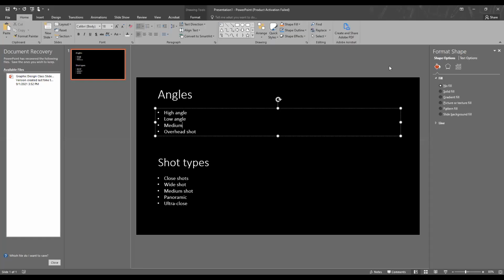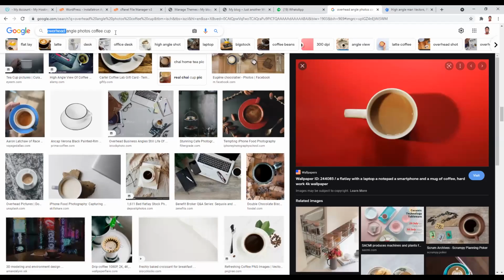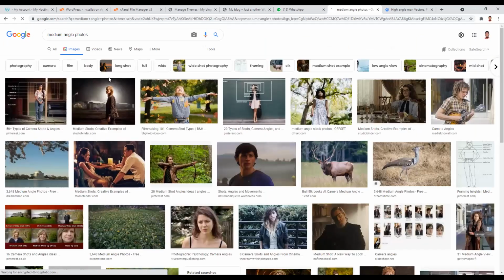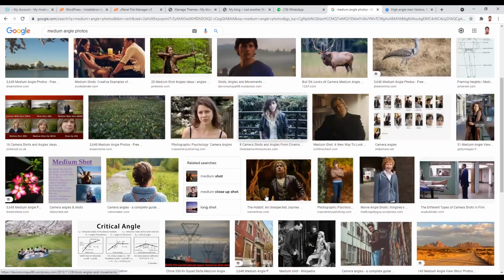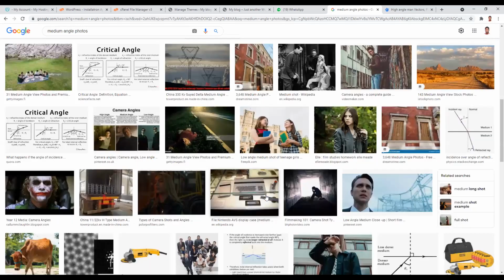So let's go to medium angle shots. Medium angle. Where's my browser? So I'm searching for medium angle now. Okay. And then probably not for coffee cup anymore. Medium angle shot. Okay, so this one is just going to present us with faces, which is good. Basically, medium angle is